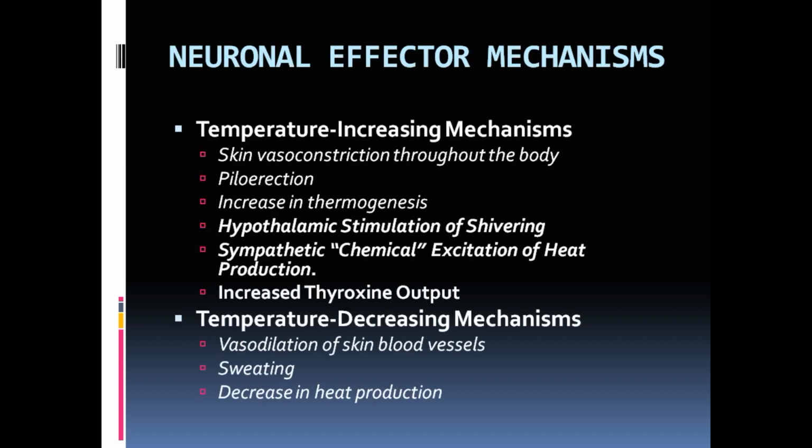So what are the neuronal effector mechanisms? We have already studied in detail in the last class. There are certain mechanisms for increasing the body temperature, and there are certain mechanisms for decreasing the body temperature. So as we can see, for increasing the body temperature, first is skin vasoconstriction throughout the body. This is done by the sympathetic